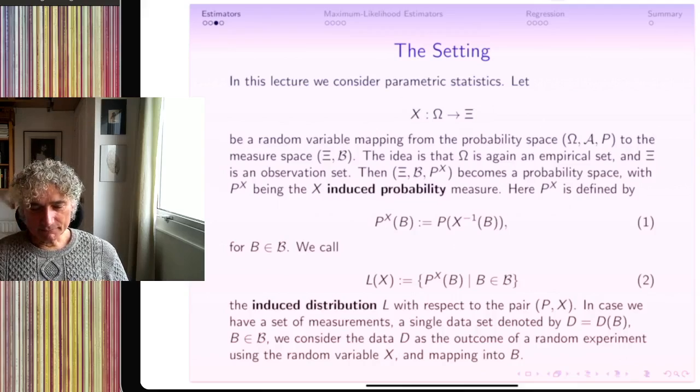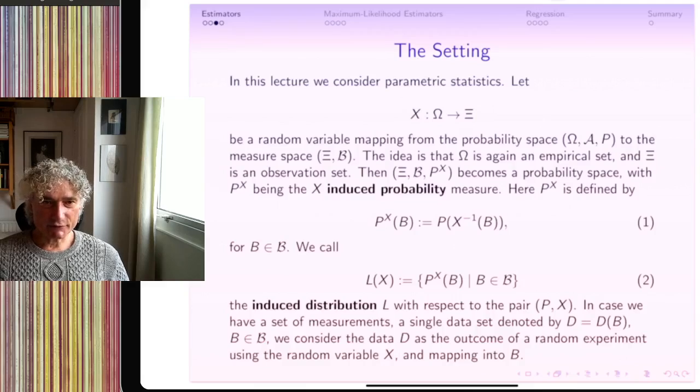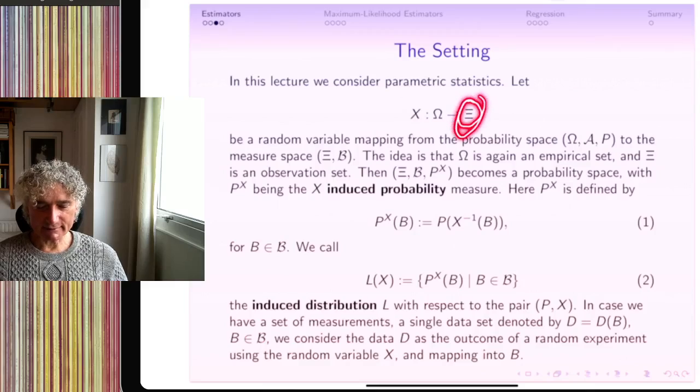Okay, I hope this makes it clear. You can see that this is a very general idea in statistics. Of course, if you know that there are discrete distributions and continuum distributions in this setting, this all depends on what you have chosen as the space xi. So if xi is a continuum space, for example,